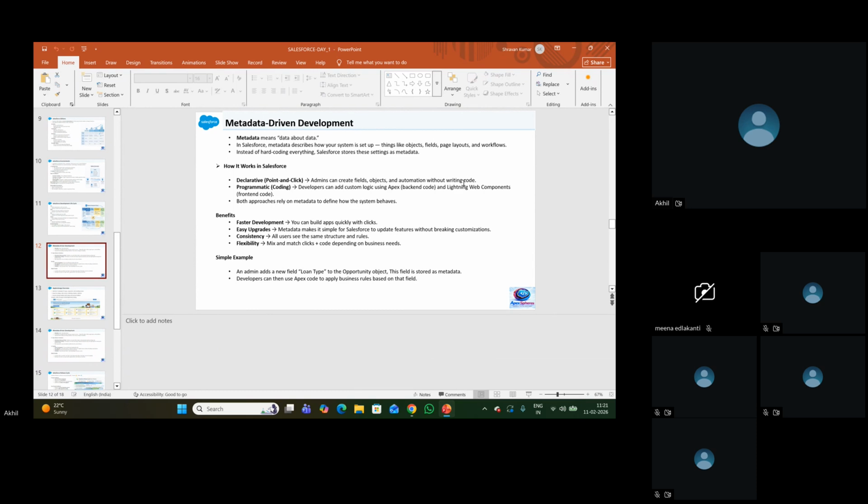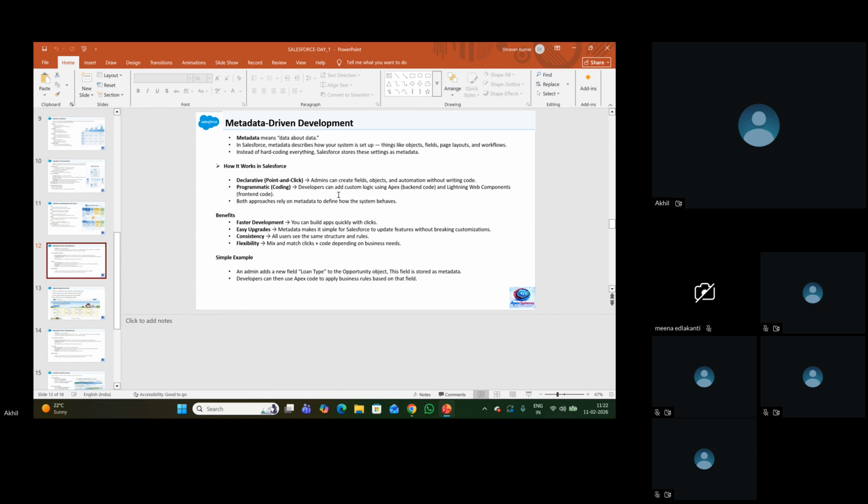If someone wants to come from a non-IT background into Salesforce, they can at least survive to some extent with the help of admin. 40% they can survive. They can build the automation and the project with admin knowledge without writing even a single line of code. In some cases it is not possible with admin, so developers will add some custom logic using code.